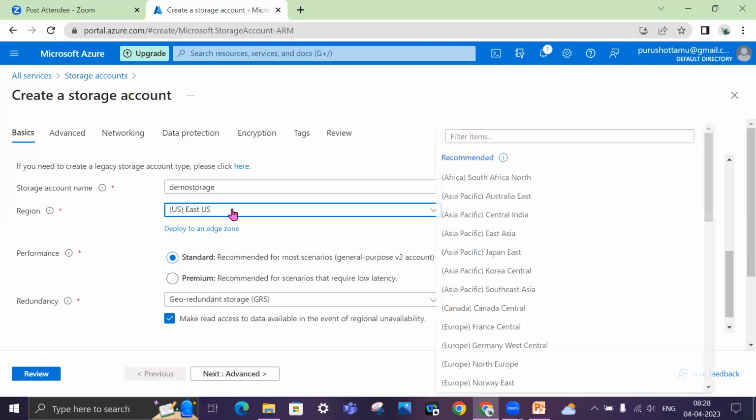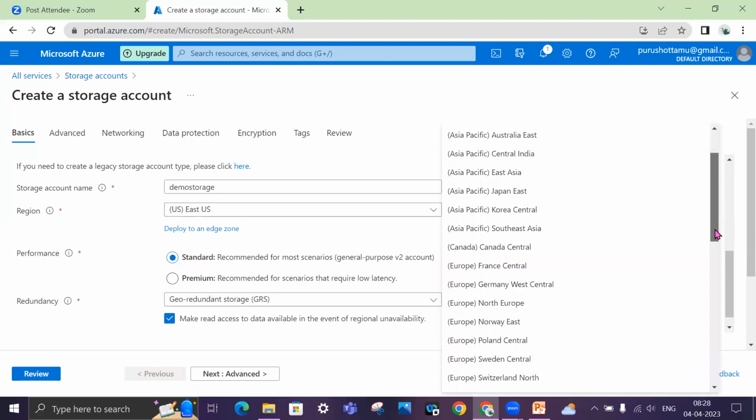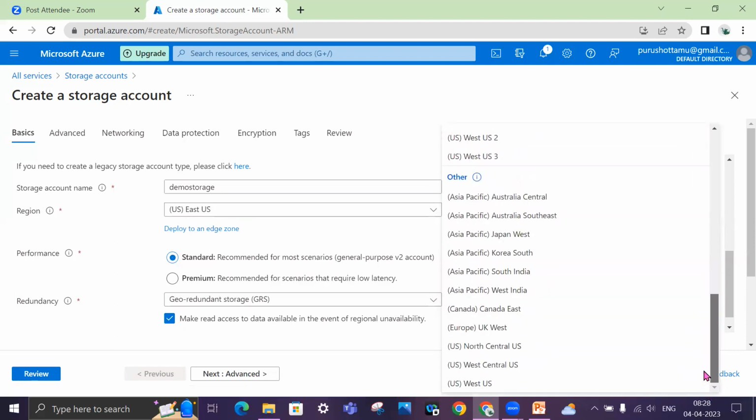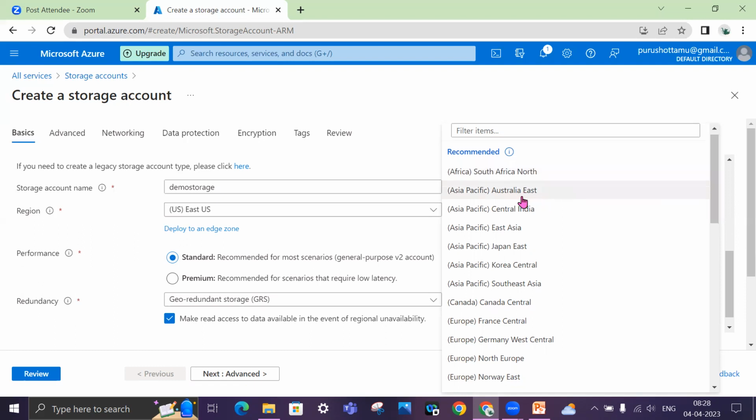So if you see, Microsoft operates all these regions. I told you, right? They have this many data centers they are operating across the world. You can see in Africa they have one region, and Southeast Asia they have multiple. You can see we have Australia, Central India they have in Mumbai. Okay, and East Asia, Japan and Korea, Southeast Asia, right? They all fall into Asia Pacific.